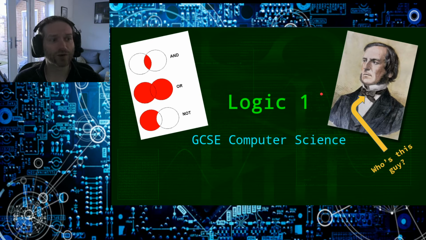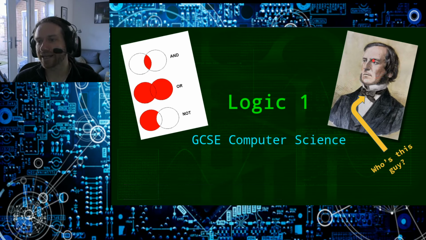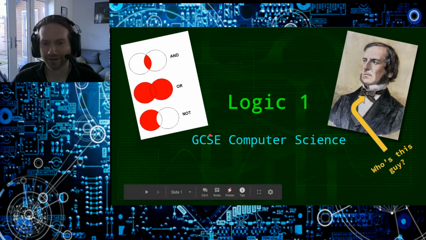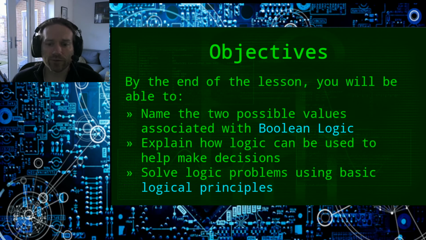He was a self-taught mathematician. Self-taught. So there you go. And he didn't even have the internet to help him. So we're going to have a look at his legacy. We're going to have a look at these things and not. You might recognize these things from maths, and you might think, oh, that's just intersection and union and exclusion. Well, kind of. So we're going to have a look at that stuff. All right. So by the end of this lesson, you will be able to do all of these things.